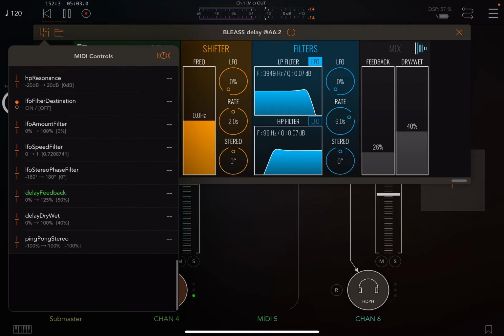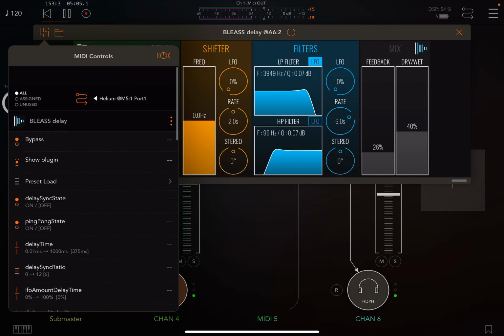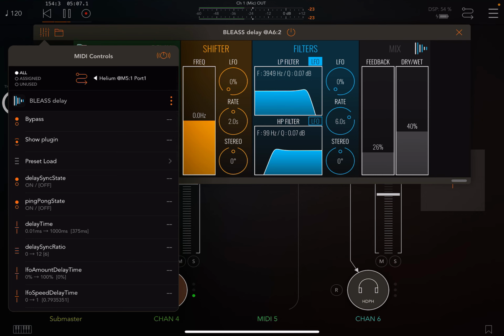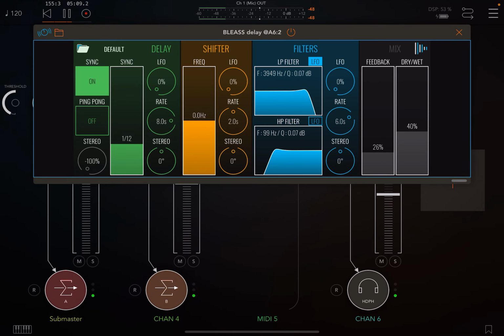We could go through this huge list, right? Or what we could do is click this little icon on the top of this MIDI learn button, and it turns blue and starts flashing. If you click on anything in the app now,